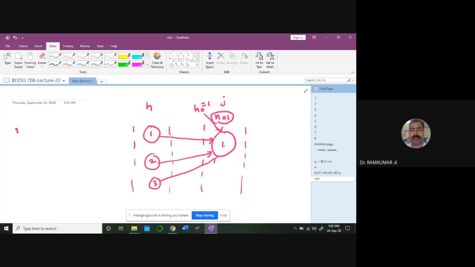How I'm going to update it: delta N01 is going to be some learning rate times delta 1. This is the error I already computed, delta 1, times the input H0. So if I'm going to update, can somebody help me out? What is that value? This is 1. I'm talking about this weight. If this is N01, this will be N1. And tell me what is the value here?